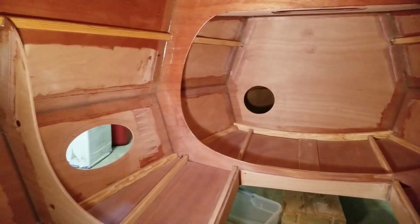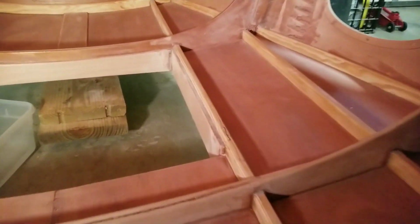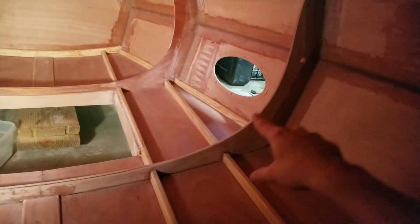Okay, we're in the cabin. It's a little echoey in here, but we had originally intended to paint the ceiling, all of these pieces, and I was going to leave all these beams natural wood color just because I like looking at them, and everything else was going to be white, and we're going to do white on the walls except for the side stringer. So basically everything white except the solid wood, and then we were debating whether or not to paint the hanging